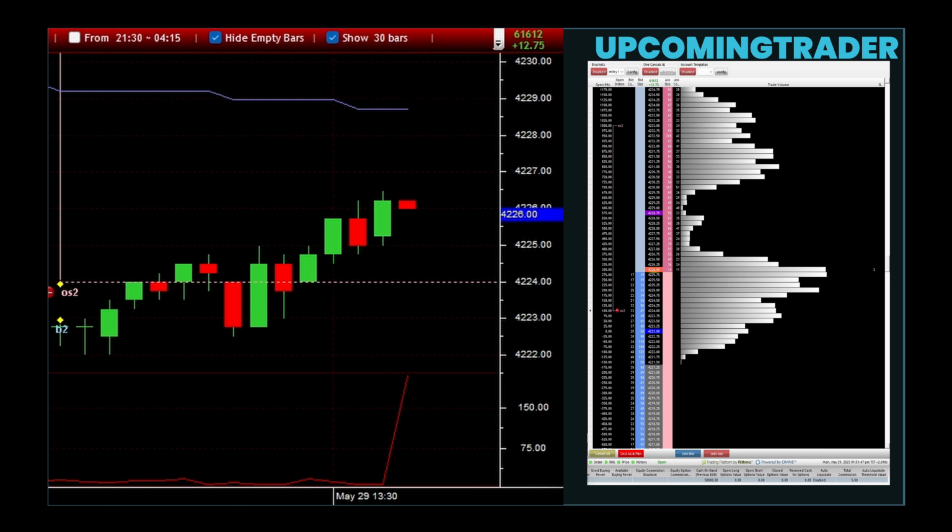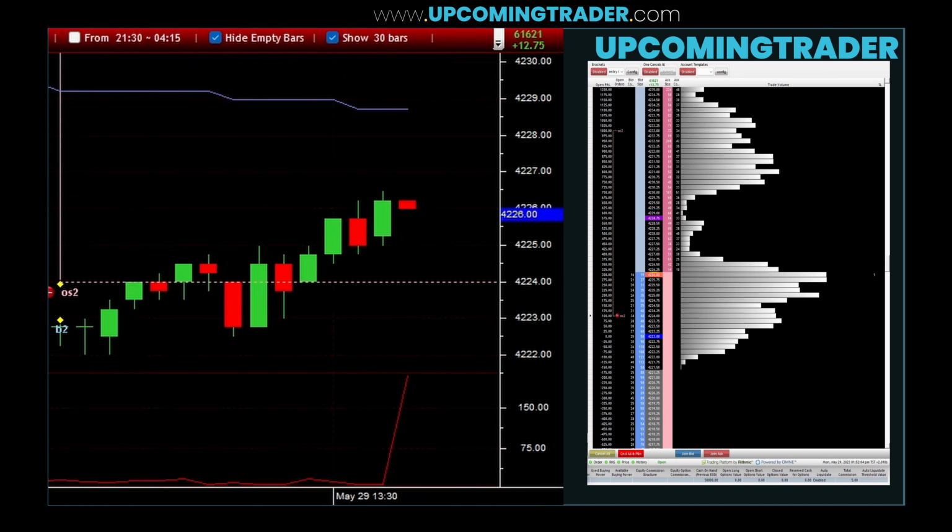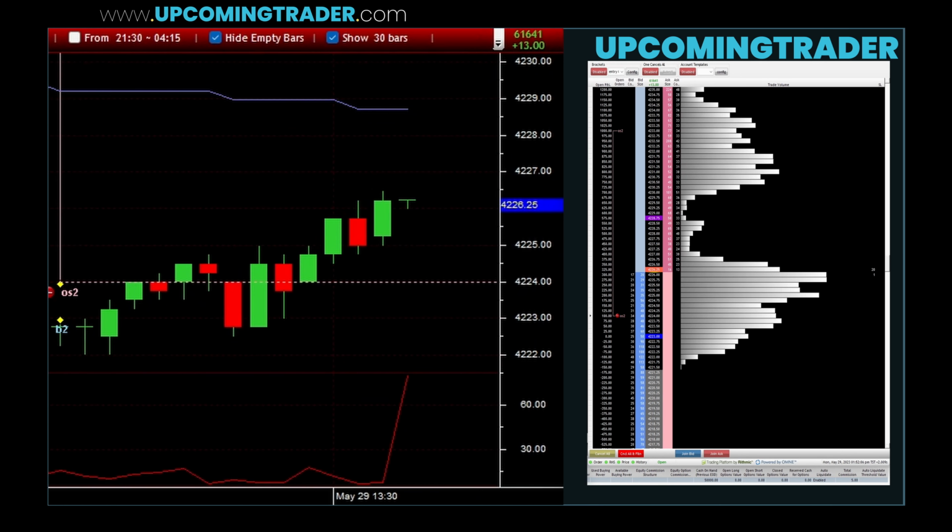Now, there is also something called an inverse head and shoulders pattern, and this one works the opposite way. Imagine the same shape, but upside down, with two troughs on either side of a deeper trough in the middle. Instead of the price going down, this pattern tells us that a downward trend might be reversing into an upward trend. To understand the inverse head and shoulders better, think of it as the market testing a support level multiple